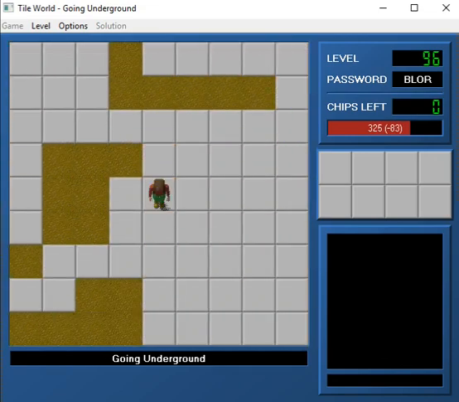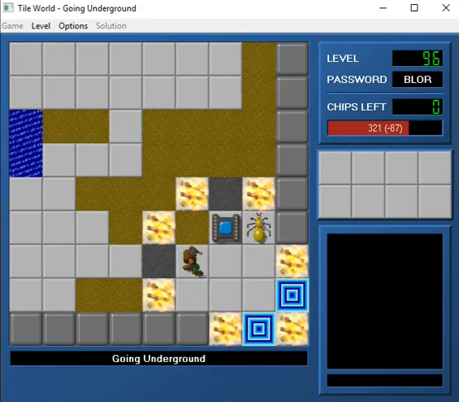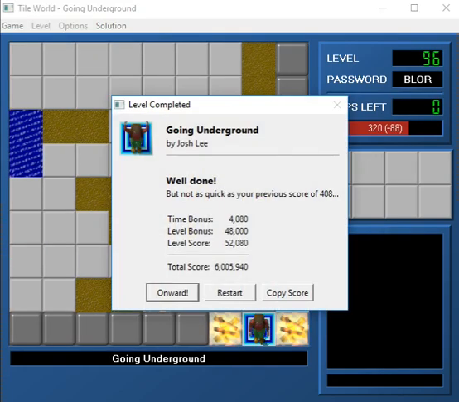Okay, so we got all the chips on the first try too, which is nice. And then we got a bug. Cool. So that was over a minute slower than the bold route, but I'd rather play it safe for the